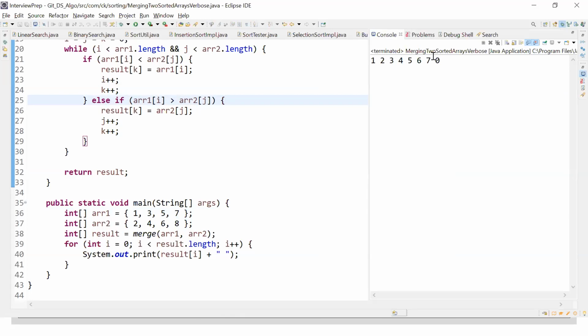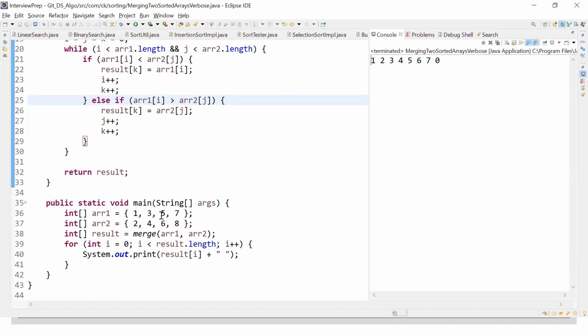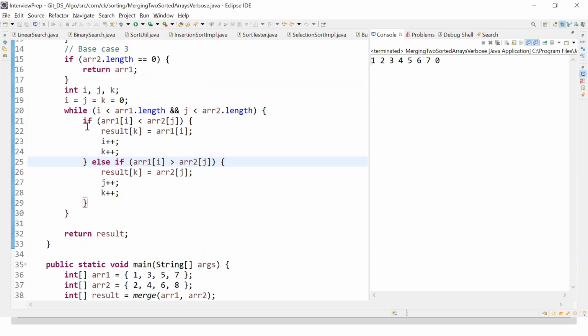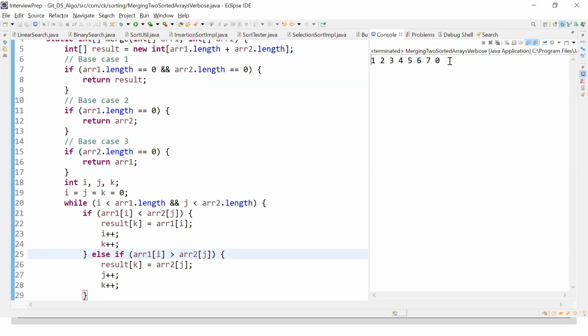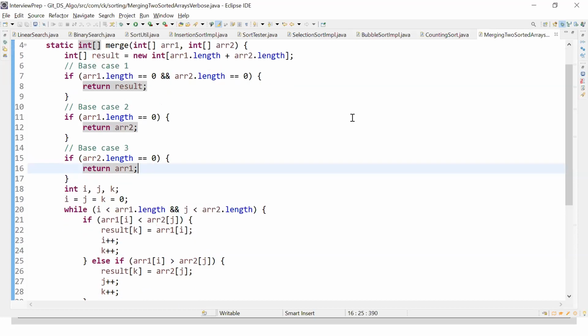Okay, if you see, but it has a problem. Let's discuss this problem. If I say my input is having 1 2 1 3 5 7 2 4 6 8 etc. Finally, after doing all this, we are able to make sure that it is sorted and is coming. But there's a problem with having a 0, right? Why is it coming? Maybe we'll try to understand a little bit further.